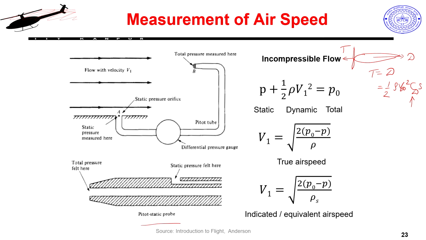In this you can see there are 2 orifices. This is like a concentric tube. I can even have just one tube also. Nowadays on smaller UAVs you will find a simple normal tube just like this. This tube will measure your total pressure, also called stagnation pressure.